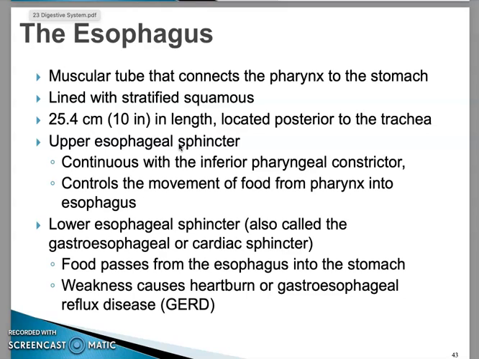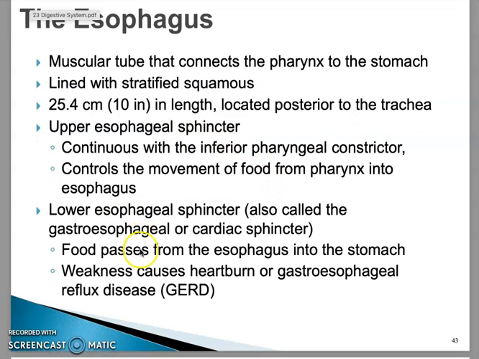It helps you keep food above that until it's ready to be sent down the esophageal tube. You don't want food being sent in too soon. So this sphincter, along with the inferior pharyngeal constrictor, helps to control the movement of the food from the pharynx into the esophagus. Then the lower esophageal sphincter, which is also called the gastroesophageal or cardiac sphincter, is what allows food to pass from the esophagus into the